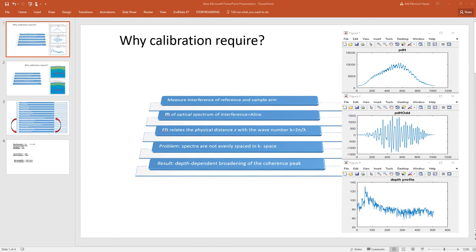I will talk about why we need calibration, why we need wavelength calibration in a spectral domain OCT setup. In OCT, we measure the interference of the reference and sample arm. So this is the interference of the reference and the sample arm. Then if we subtract the DC part from this data, we will find the pure